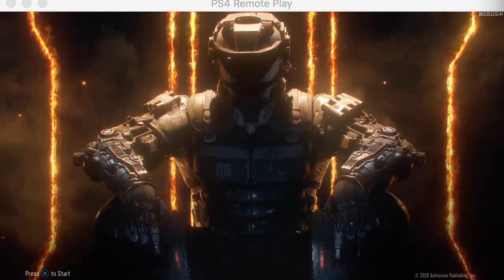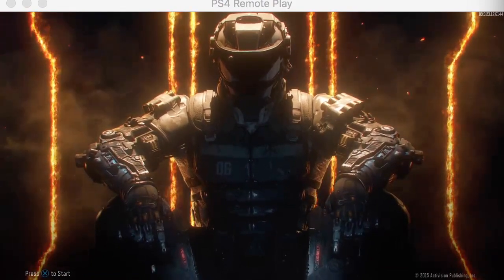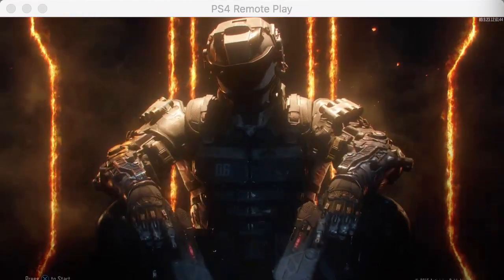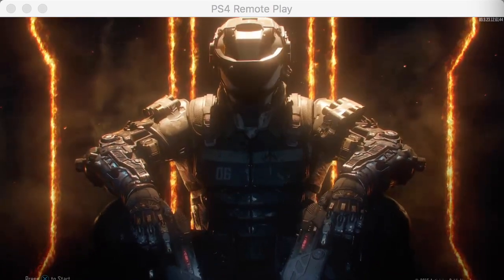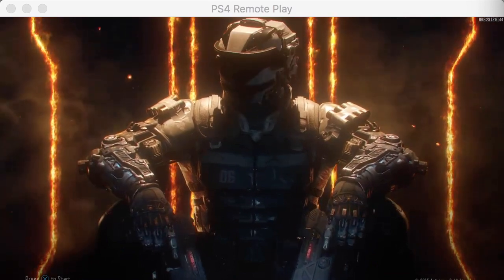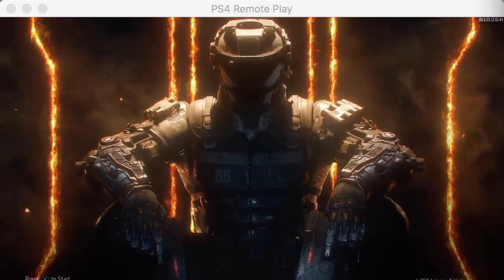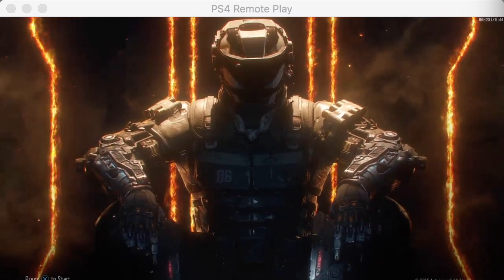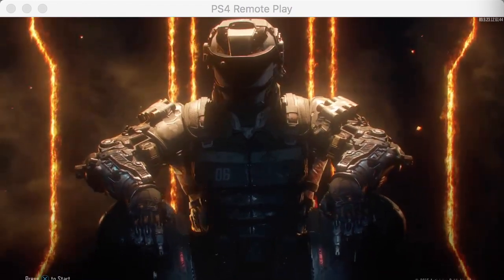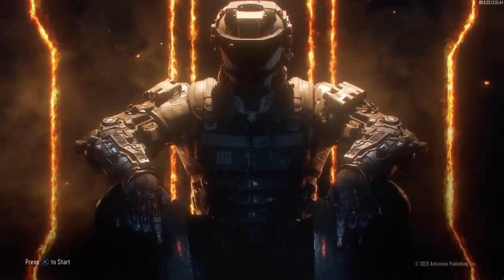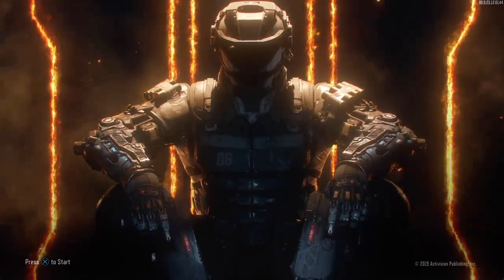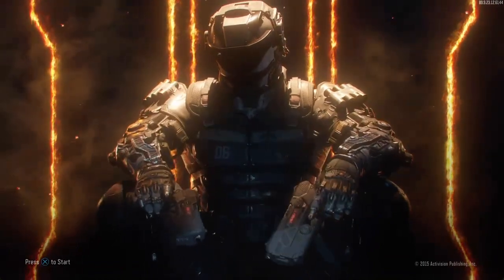Edge to edge. Okay? Now you're going to get this white bar on top. This says PS4 Remote Play, three dots if you're on a Mac, probably an X if you're on a PC. You do not want that on your stream. It's gonna look whack. Trust me. What you're gonna do is simply hold down the mouse on the trackpad or whatever. Just hold it down and drag up until the bottom snaps in with the OBS